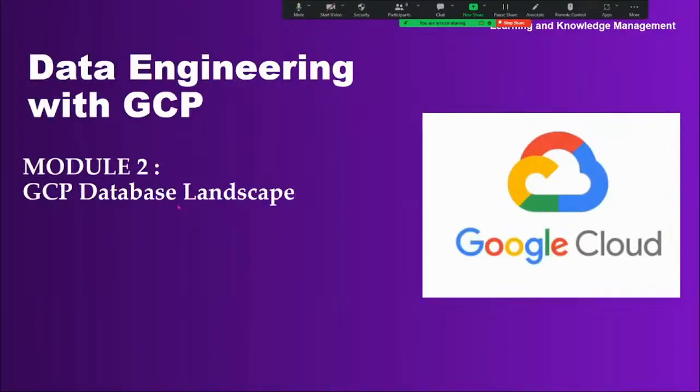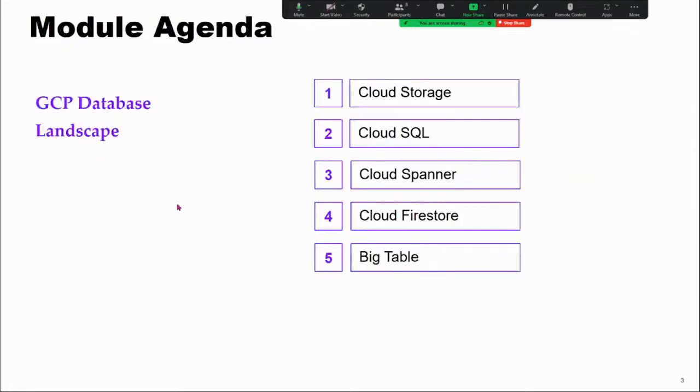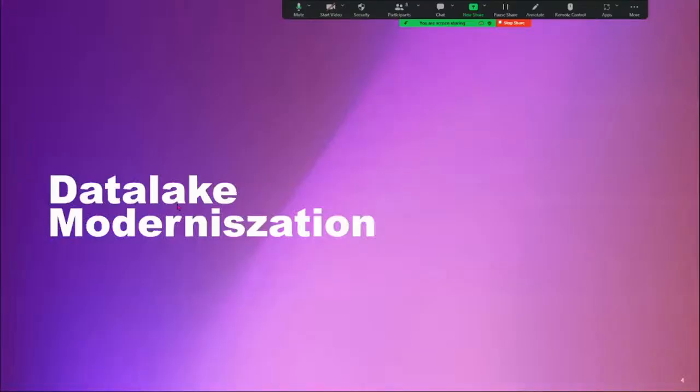So in the GCP database landscape, this is the agenda, guys. We are going to explain the whole GCP database landscape and the differences between RDBMS and NoSQL databases. And in this, we are going to look at Cloud SQL, Cloud Spanner, and Bigtable. So first, we're going to see